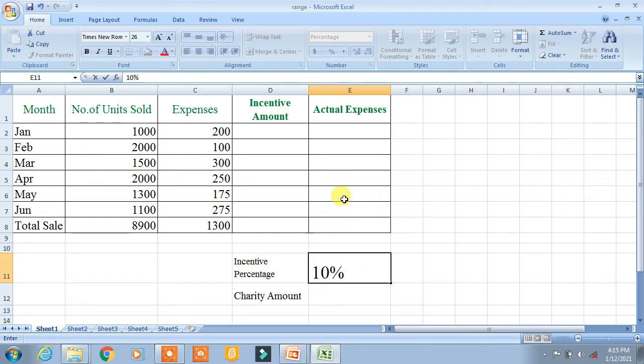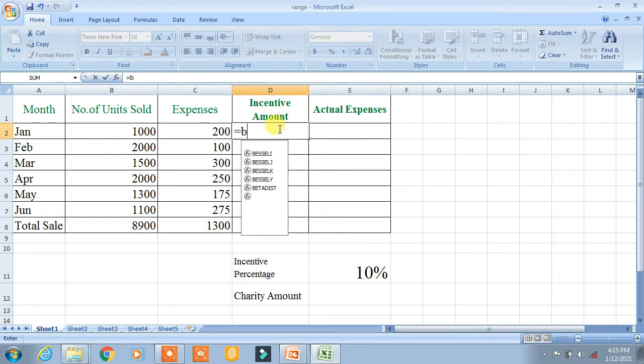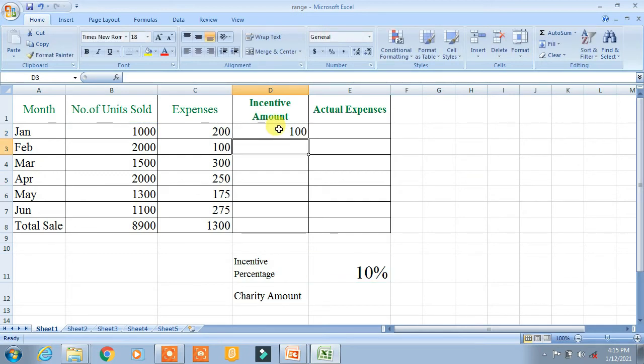Click on the cell D2, type equal to B2, asterisk symbol for multiplication, $E$11 and press the enter key. The cell D2 displays the value 100.